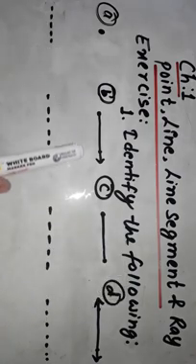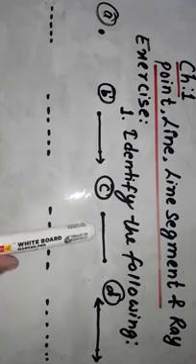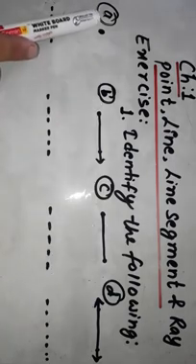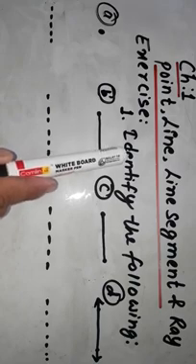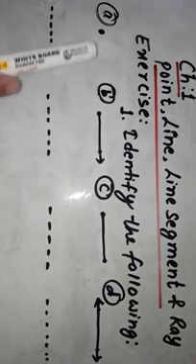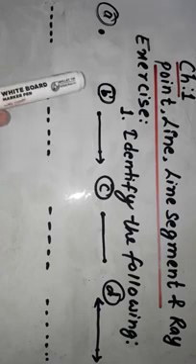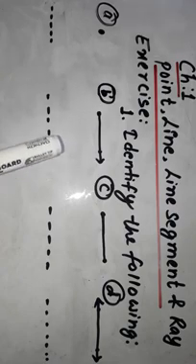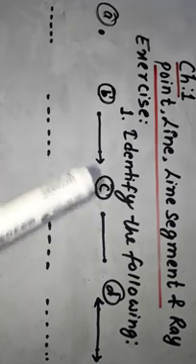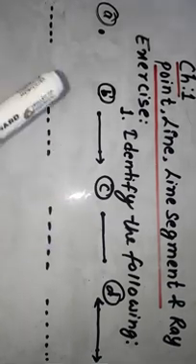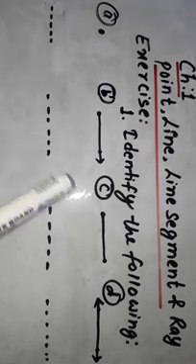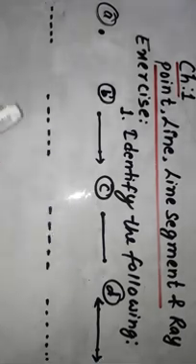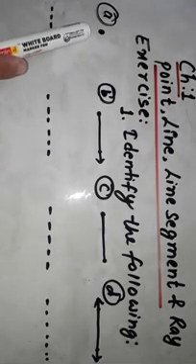Now here are different figures. As you can see, four different figures are there, and your question is to identify the following. You have to identify them, whether they are point, line segment, line or ray. Which one is point, which one is line, which one is line segment, and which one is your ray. So students, look at the very first question.